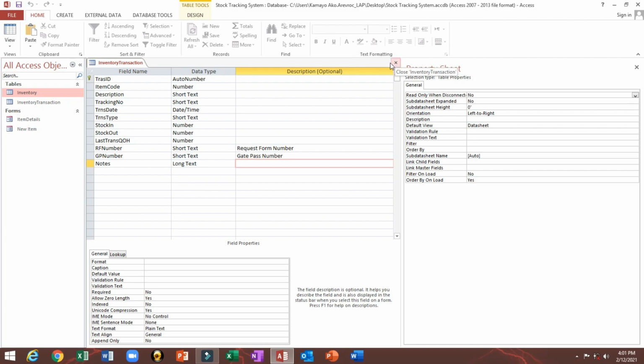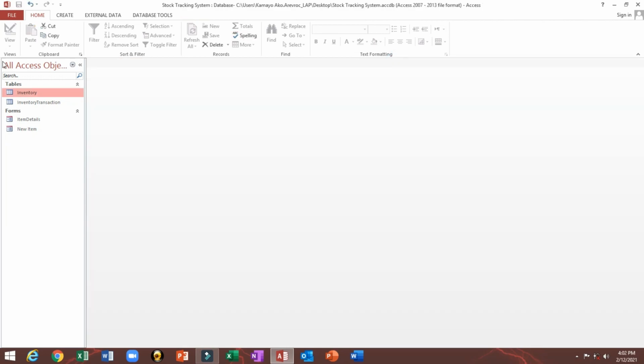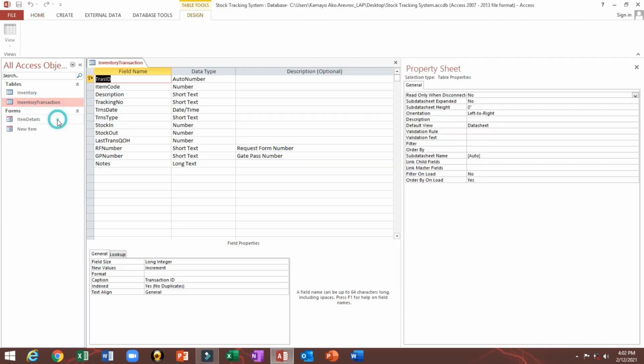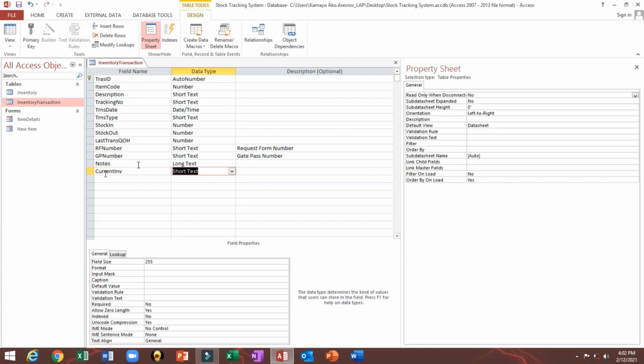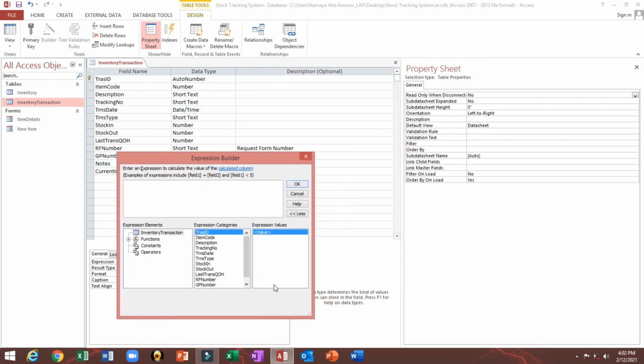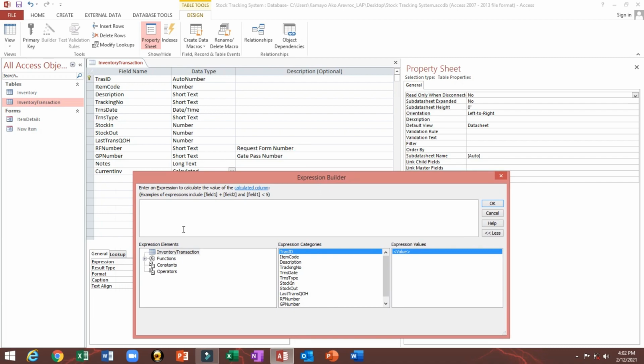Now I will close first this one because I need to put additional with calculated data type. So I need to close first just to refresh. Then here, current inventory. Current INV. So this is inventory. So now, this is a calculated field. We will put some IIF function. So we put IIF